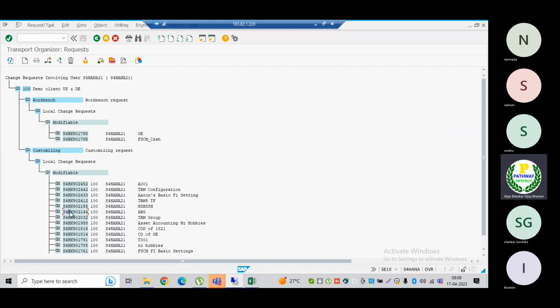After some time, maybe after 1 or 2 days, again I have to do some more changes. I have to do some customization in the development system. Again, I am going back and doing the configuration in the development system. Again, the new changes I will assign to the same transport request.